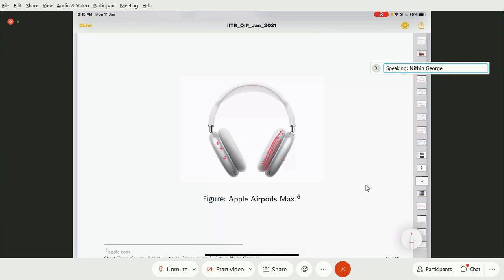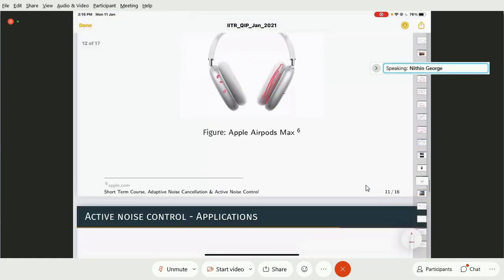So active noise cancellation is not noise reduction, because noise reduction is essentially a software implementation. Maybe additional microphones can give you inputs, but you don't need new speakers because your cancellation is not happening in the acoustic domain. So you will not need any loudspeaker system in the case of what? Noise reduction. Okay. Any doubt?